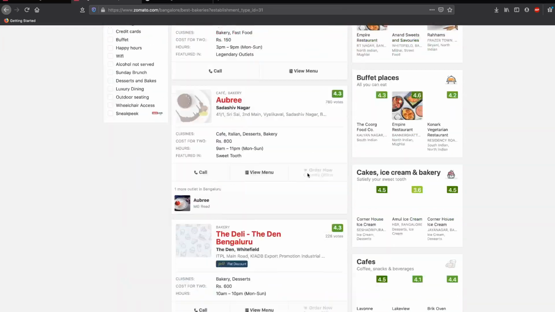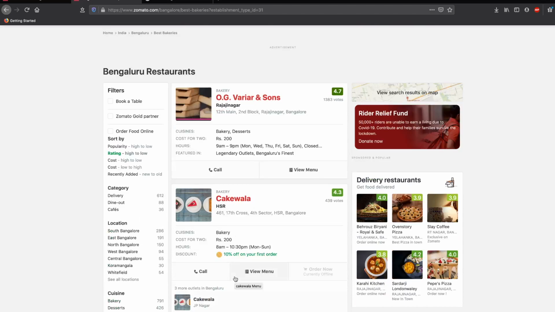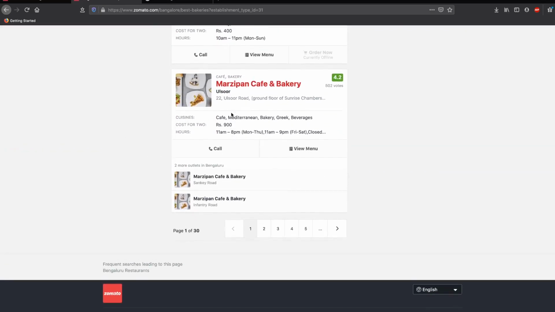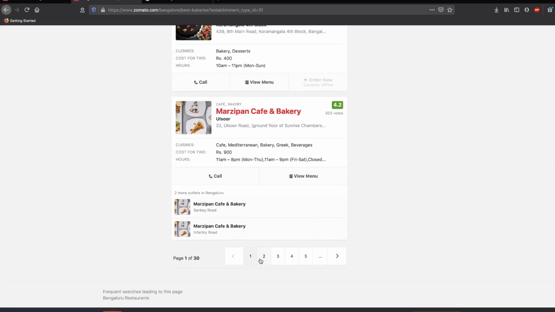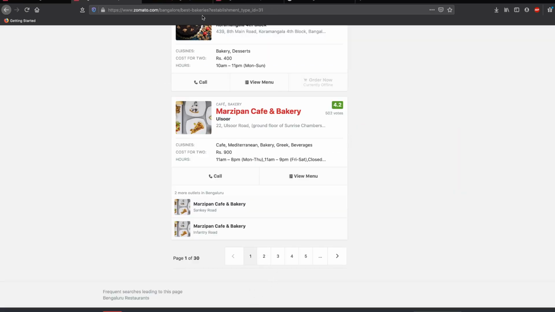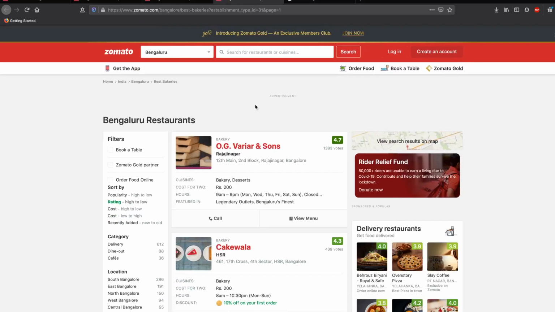So now let's say that I want to collect all the main information. Let's say the title, the name of the bakery, and the price. So primarily, mainly name and price for all the bakeries in this first page, or maximum, let's say let's do it for the first 2 pages maybe. Yeah. So you can see the URL of the first page is this, URL of the second page is this. So let's start with the first page.